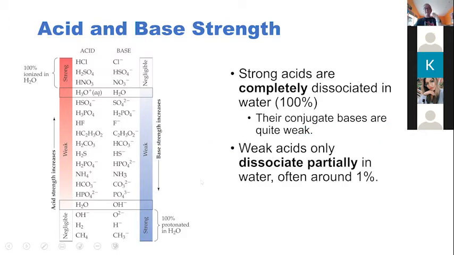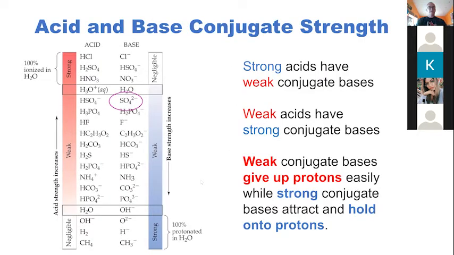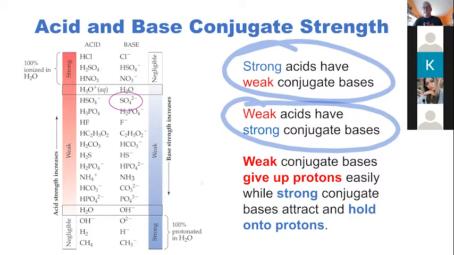So weak acids only dissociate partially, usually around 1% or even less. So their conjugate bases are weak bases. Very, very weak acids have very, very strong conjugate bases. And so there's basically an inverse relationship between how strong an acid is and its conjugate base, or how strong a base is and its conjugate acid. So just making the point again, strong acids have weak conjugate bases, weak acids have strong conjugate bases, and the